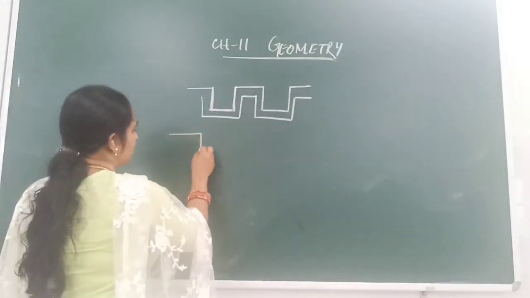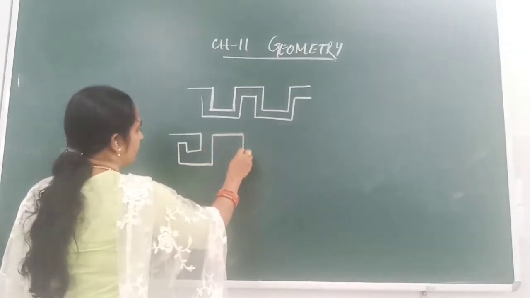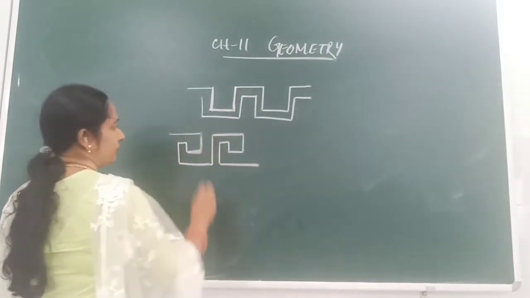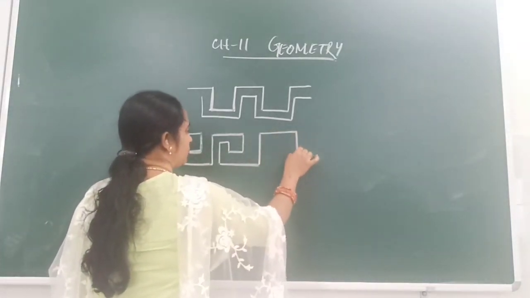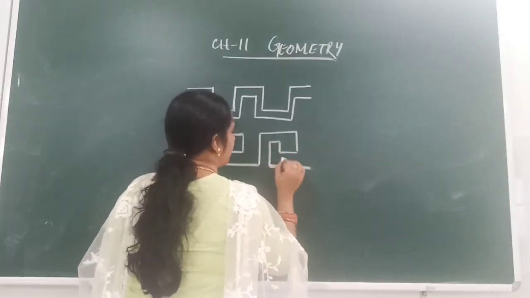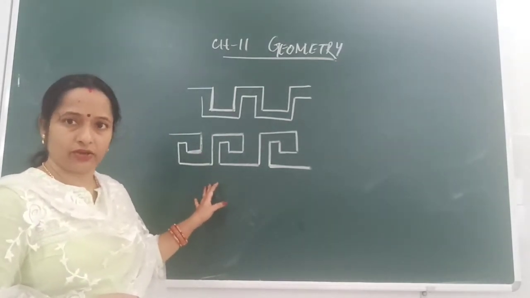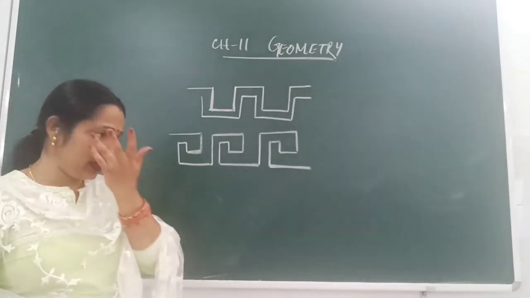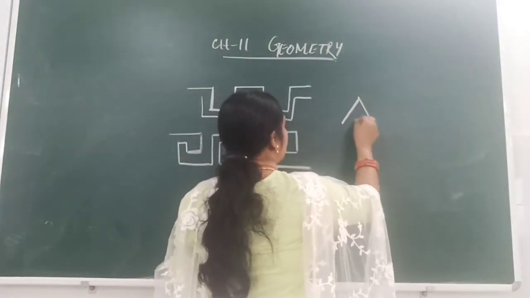Other than this, one more design is given below, where you find only parallel and perpendicular lines. So children, you have to try to trace, and I will be very happy if you make your own designs using parallel and perpendicular lines. Okay. Next you are given, you have to make your own design using triangles.